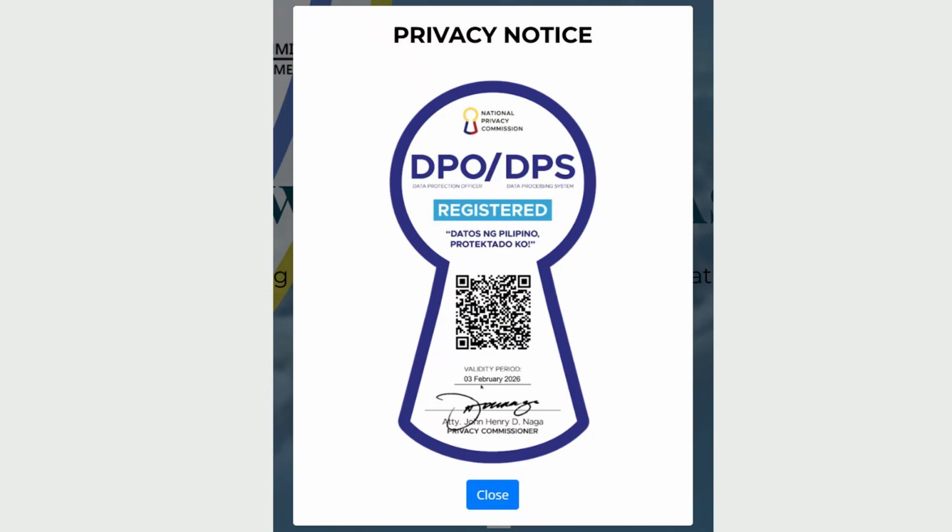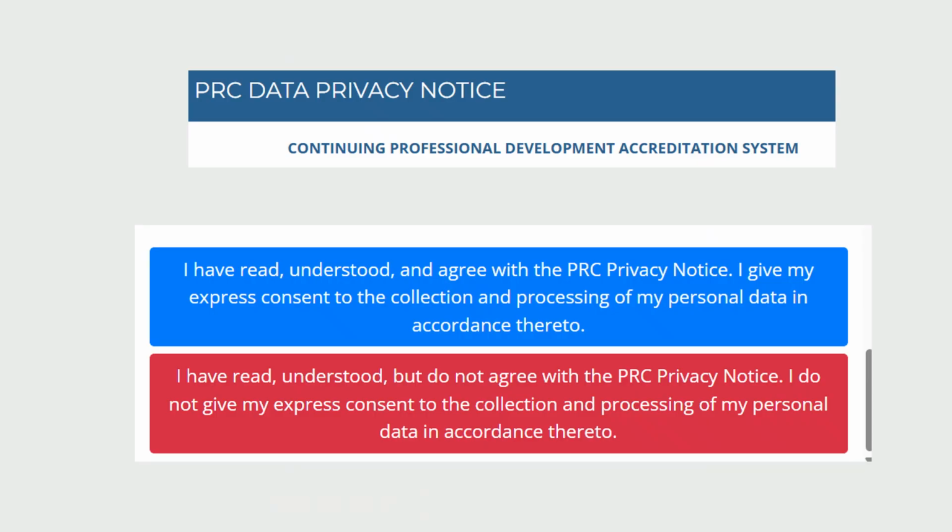After you click the PRC CPDAS, you will see the privacy notice and you have to click close. Then you will see PRC data privacy notice, continuing professional development accreditation system.